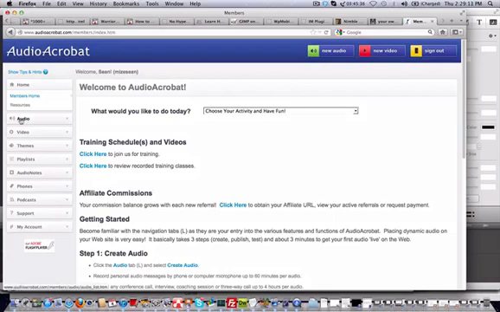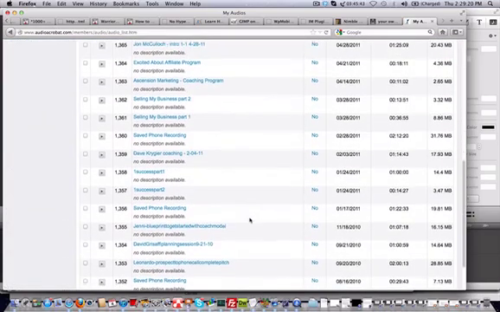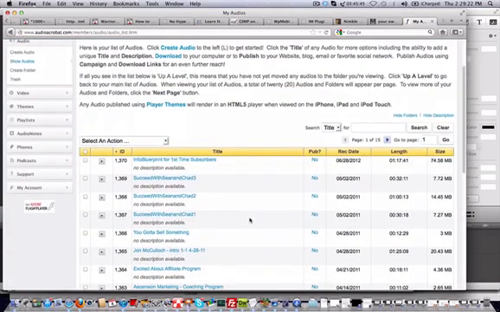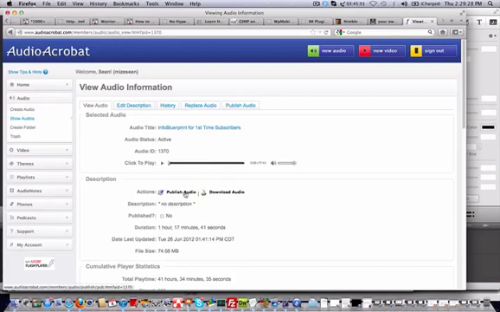You know, if you wanted to record an audio, you'd click on audio here. If you wanted to record video, okay. And then this is actually a list of some of the audios I've done before. See how they're just sitting there? You just click on it right there. It's already been recorded. Click on it. If I click publish audio,